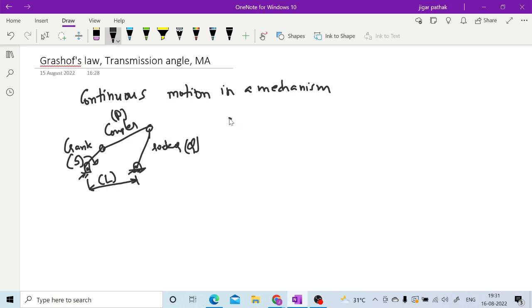So what Grashoff's law tells us is, in order to have continuous motion of your crank, the condition that must be satisfied is that the sum of the shortest plus longest link should not be greater than the remaining two links. It means the sum of the shortest plus longest link must be less than or equal to